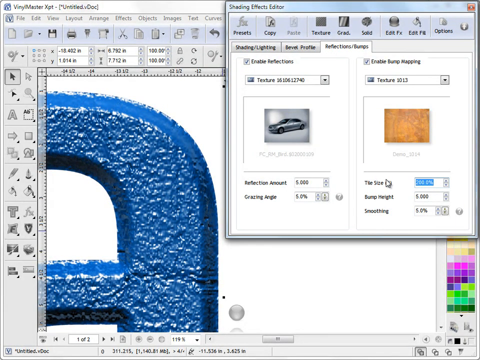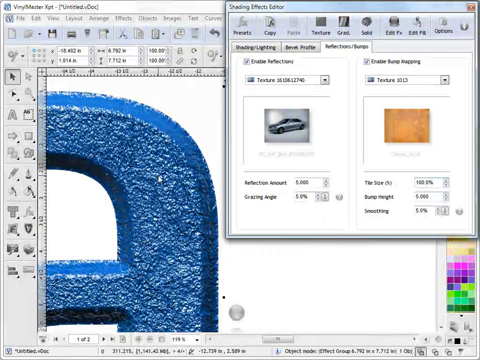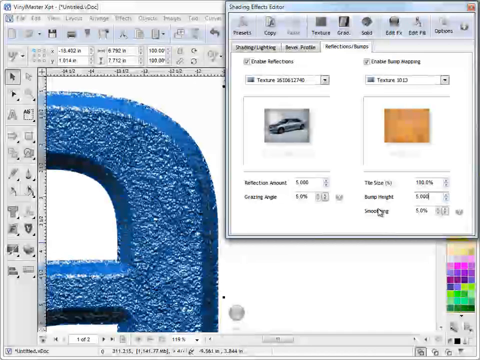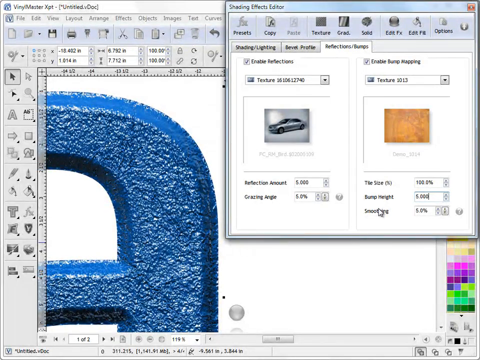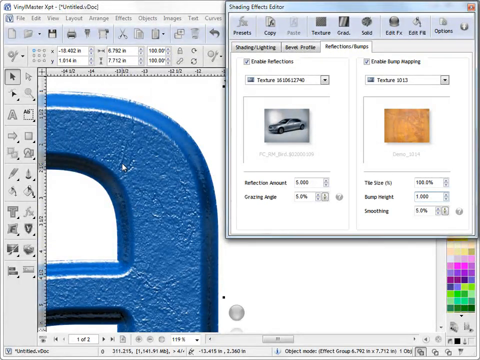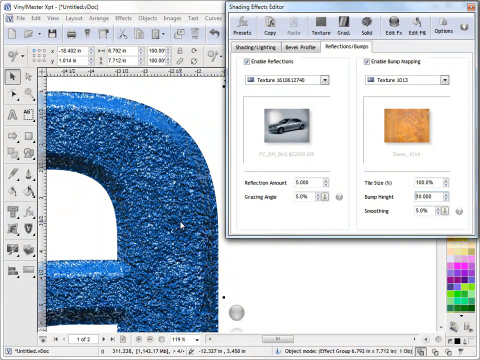So what effect you get will greatly be influenced by the tile size you set. At 100%, that's the effect we get. The bump height itself is how pronounced the actual bump looks. If I make that, say, 1, you can see here it's quite shallow, it's not that pronounced. If I turn that to, say, 10, it's very pronounced now, and the higher you go, we go to 20,